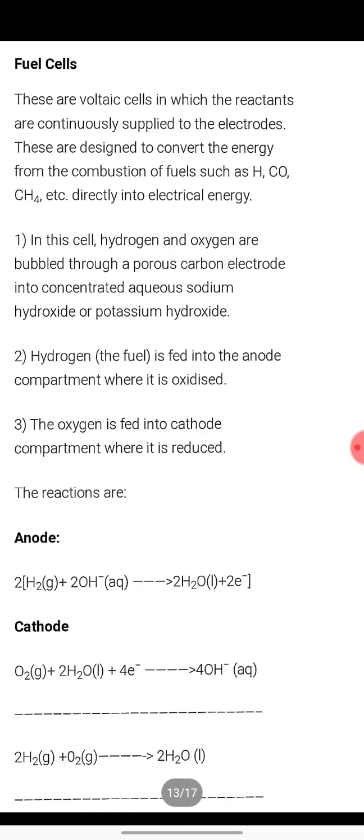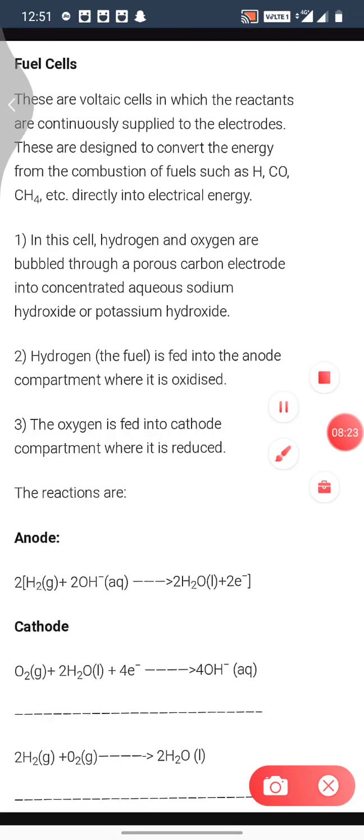Now moving on to another very important type of cell, that is the fuel cell. This fuel cell reminds me of a movie from the 90s, named Chain Reaction. It is a Hollywood movie, and that movie was on the working of fuel cells only. If you have not seen that movie, children, I would suggest you watch it. You'll have a better idea of the working of a fuel cell. Though there are other series also which have worked upon the working of a fuel cell.